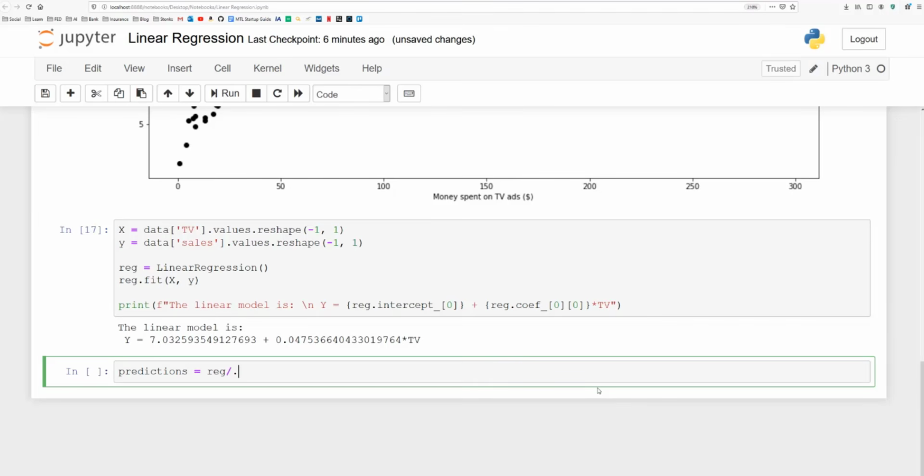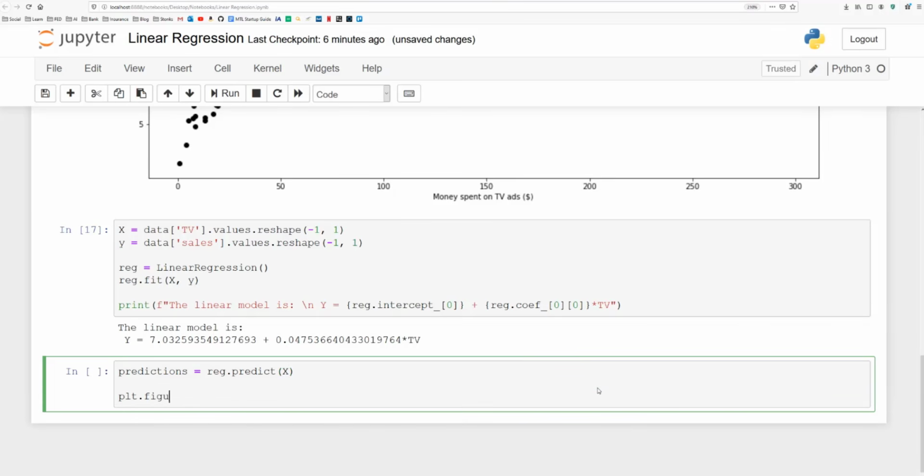So let's get some predictions and actually plot our straight line. You can get the prediction simply by calling the predict method on X. And then we do another figure. Again, I'm just setting the fixed size here, not curly braces. Sorry about that. It's actually just normal parentheses. So put it the same size as before, 16 by 8.